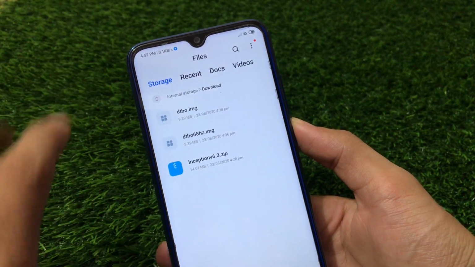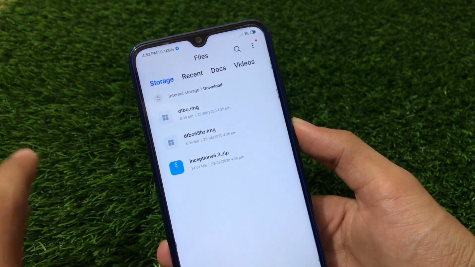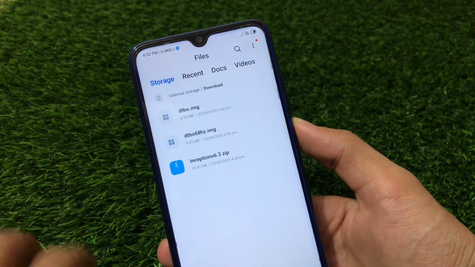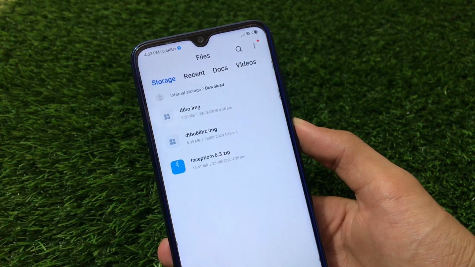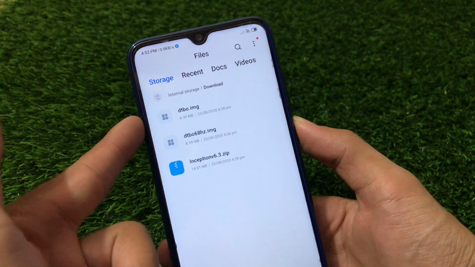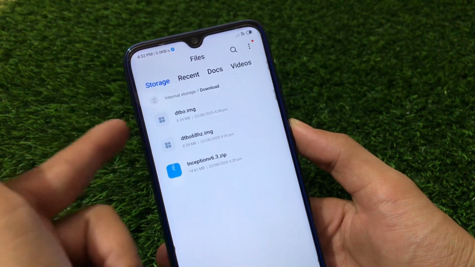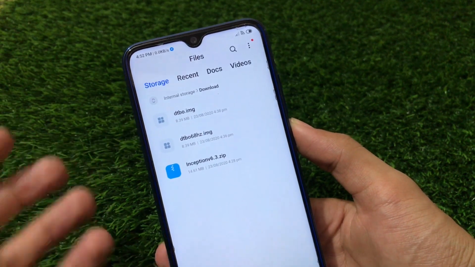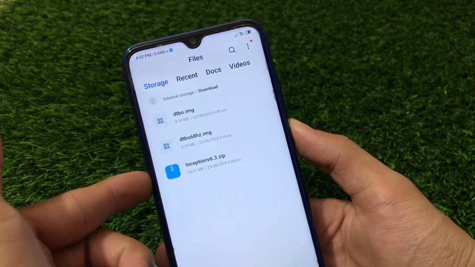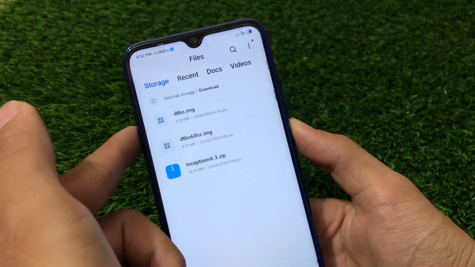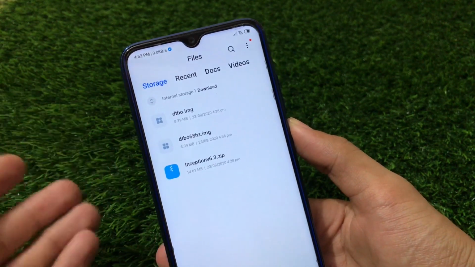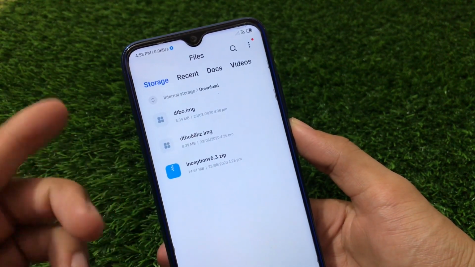So the first part is not for all users. If you have already enabled the 68Hz refresh rate and you want to go back to 60Hz refresh rate, then you need to download this dtbo.img file. This is the file to enable the 68Hz. This is the file to enable the 60Hz once again. As we are on the 68Hz refresh rate, now we have to flash this dtbo.img file. Same steps like this one: boot into custom recovery and flash this file.